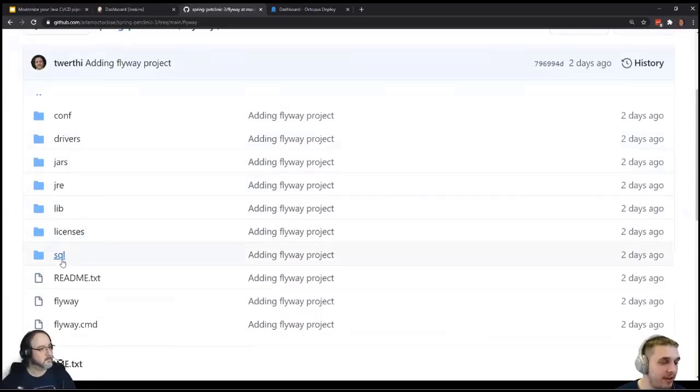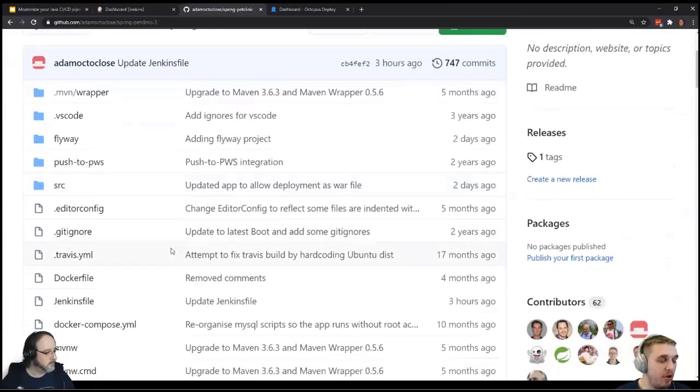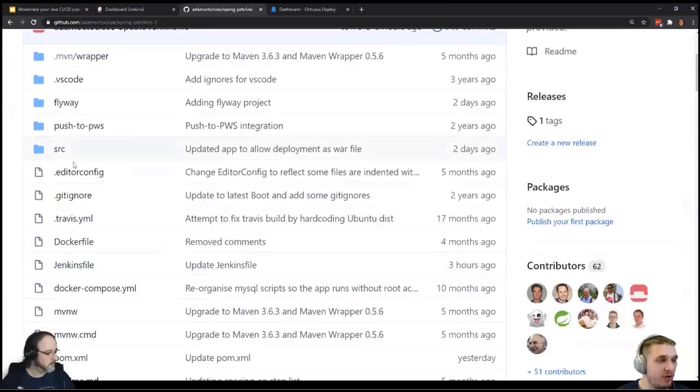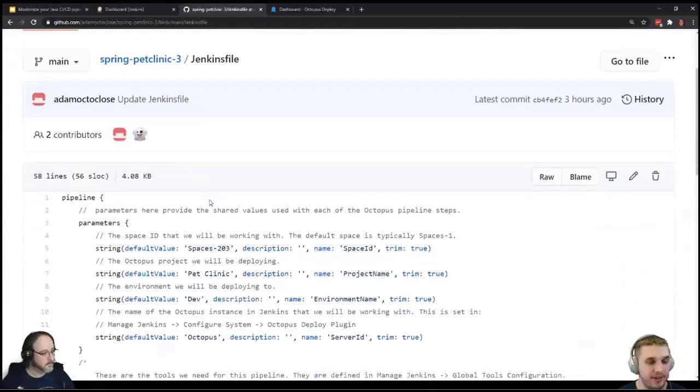And we can see we've gone into SQL. We can see some SQL statements that are part of this project that the Flyway tooling is going to run for us into our MySQL databases today. So most importantly, we can see the Jenkins file, which is in the root of the repository. And we can see now we can look at our